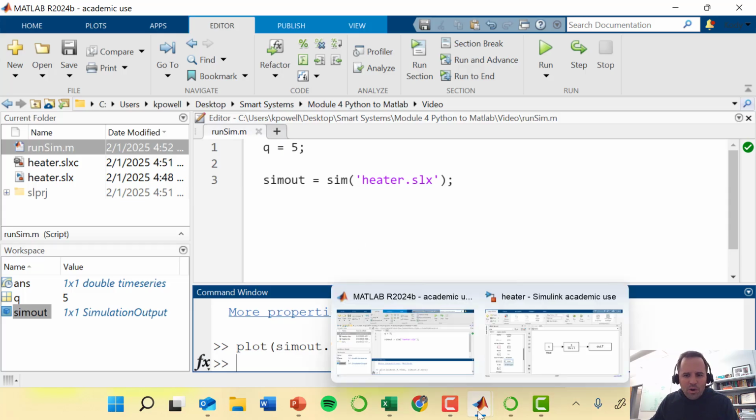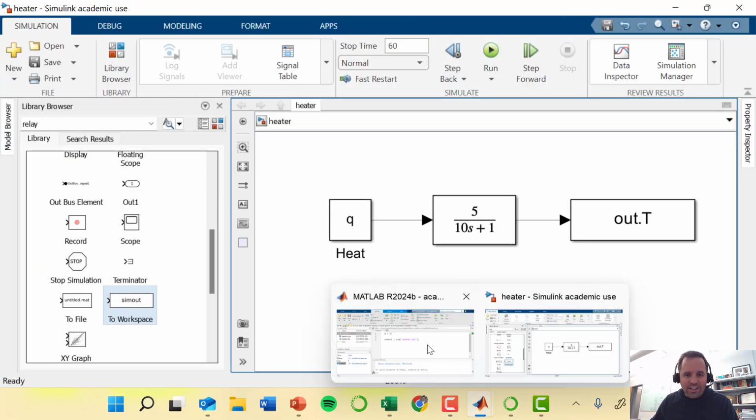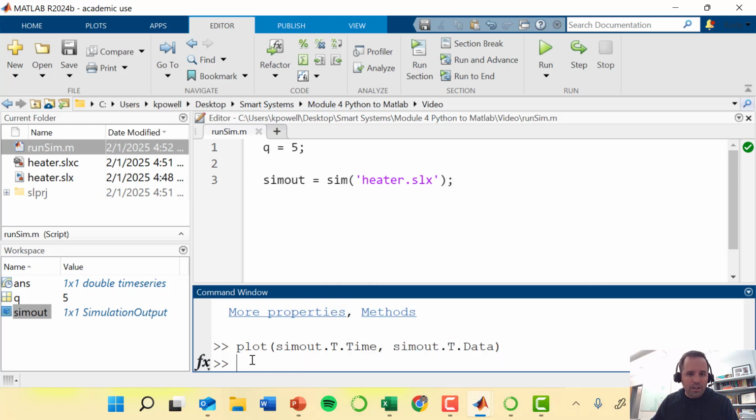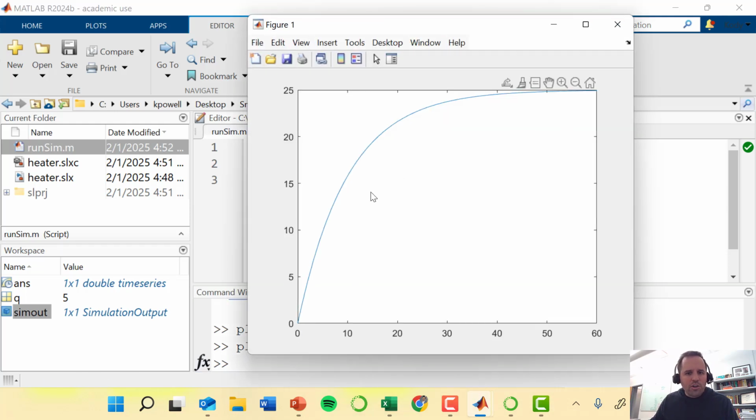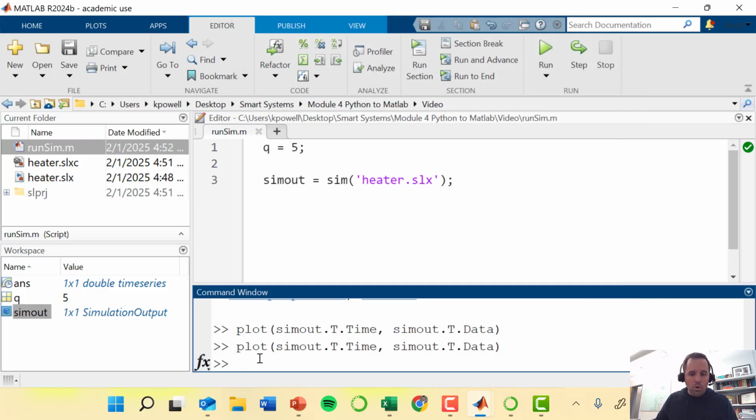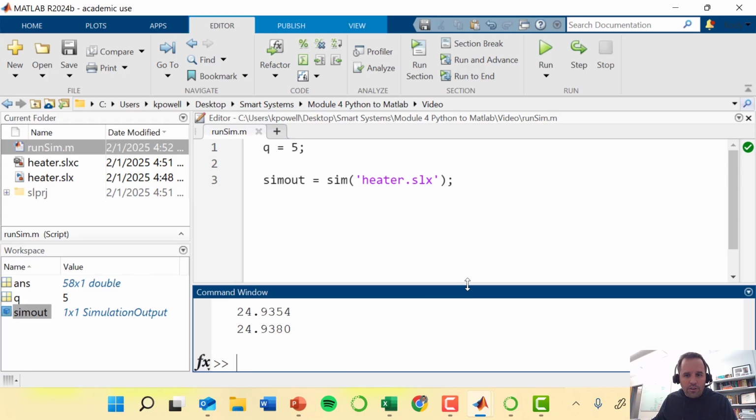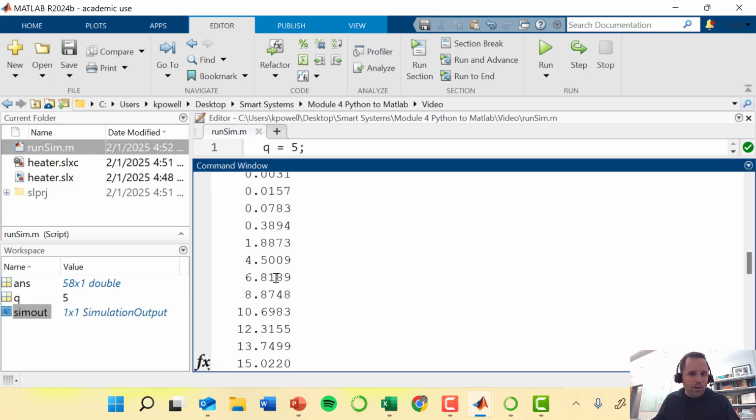Let's say that I don't necessarily want to deal with all of that data that I just showed in the plot. Let's look at it again. So let's say maybe I just want my system to get to a steady state, and then I want to grab that last value. So now I can work a little bit with this simout.t.data. I'll display this visually. So here are all the values for all 58 time steps that Simulink took. Let's say I just want to grab the last one. I can type in simout.t.data, and then I can just say end. This will just grab that last value, which should be